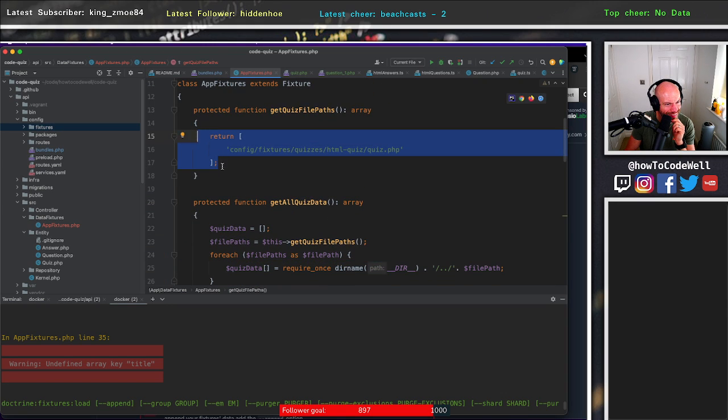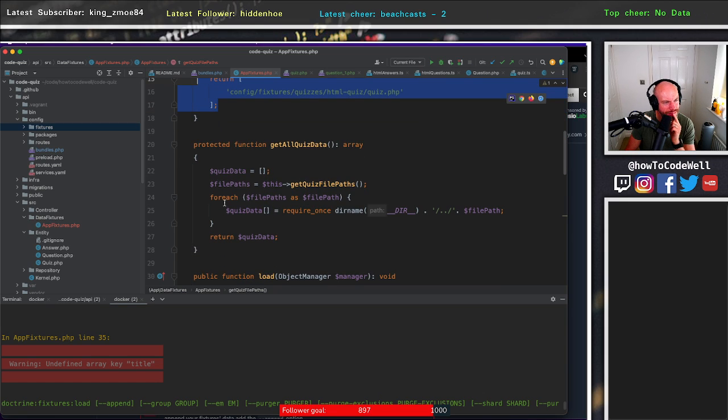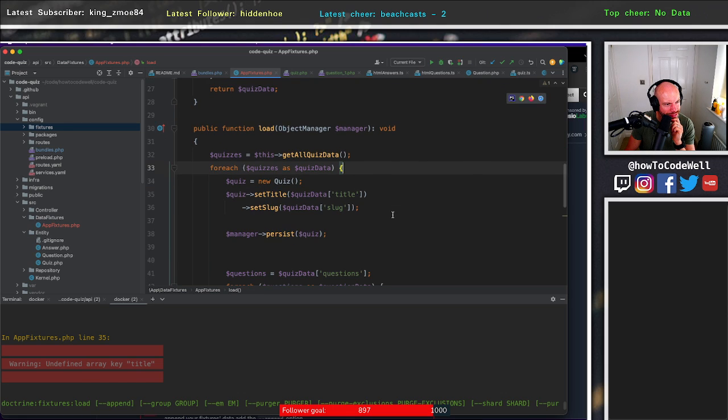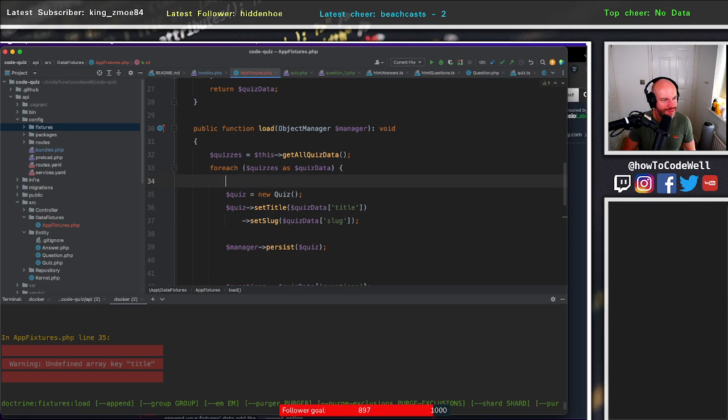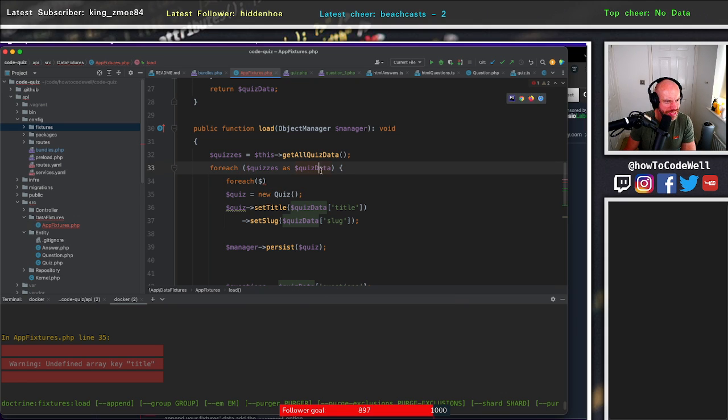this, which returns an array of this. Yeah. Then we loop over that. So, oh God. Yes. So, oh dear. So it's another for each loop. Oh, this is looking really, really bad. Quiz data is